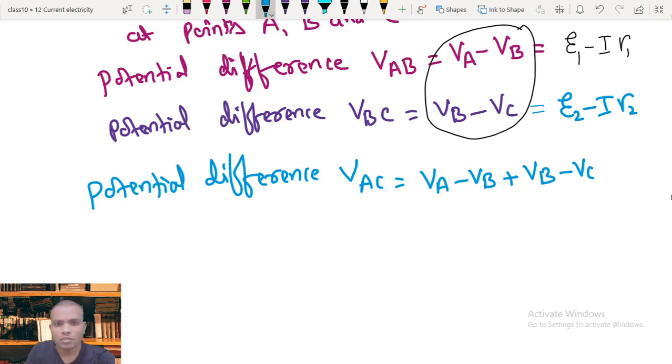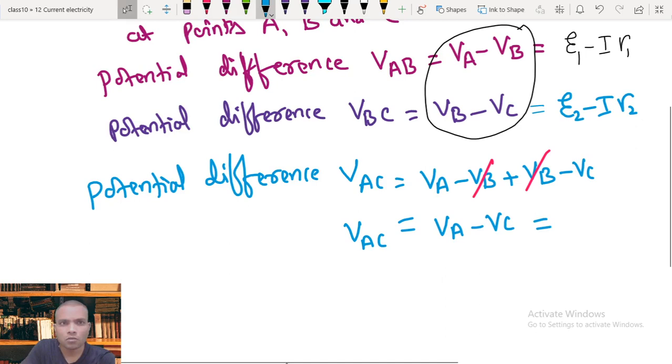So we get the potential VA minus VC. So I end up with the potential between points A and C equal to VA minus VC,